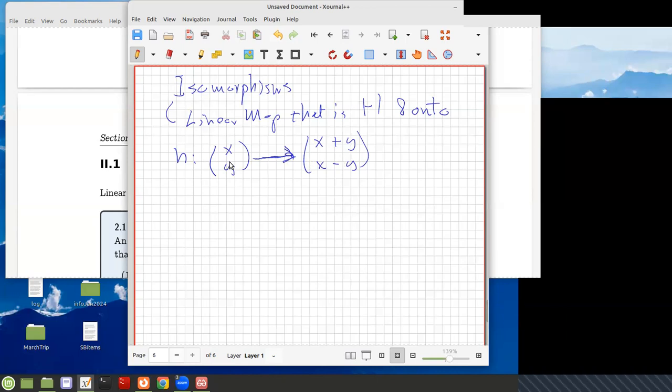So I'm not going to be able to have an isomorphism between, say, R2 and R3 or R3 and R2. It's only going to be between R2 and R2 or R3 and R3 or from P2 to R3 or from R3 to P2, to vector spaces that have the same dimension. So that's going to be a nice thing because it's going to sort of say that what we mean by vector spaces being essentially the same is this idea. A linear map preserves structure. An isomorphism